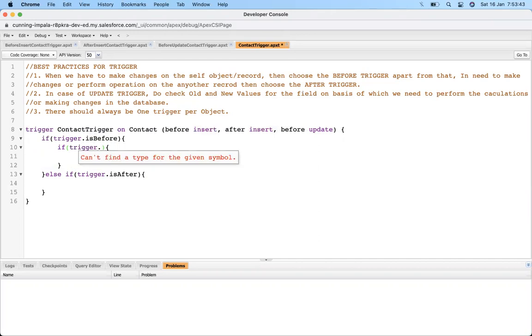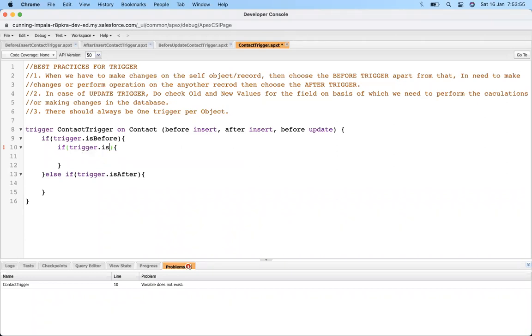As you know, I have talked about how we have 7 instances. Okay, before, Trigger.isInsert. Now it checks that it's before, and then it checks whether it's an insert or not.